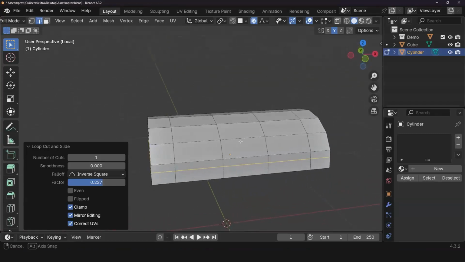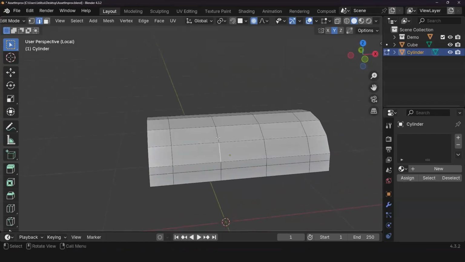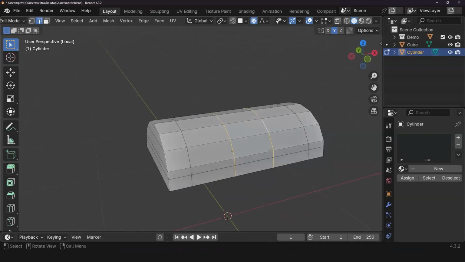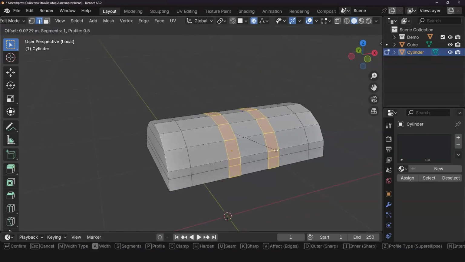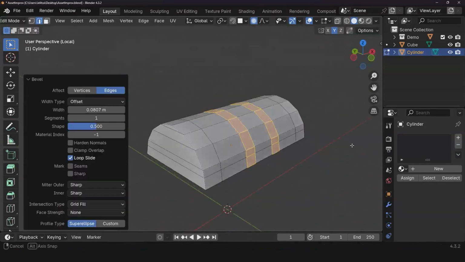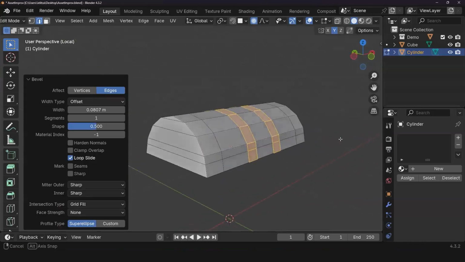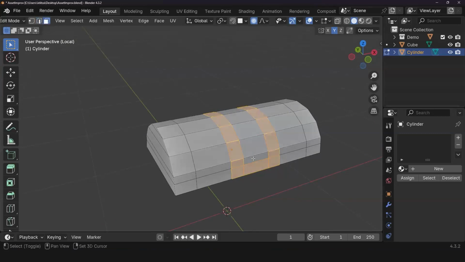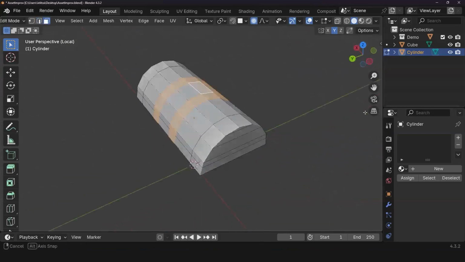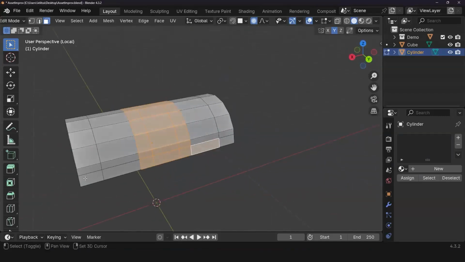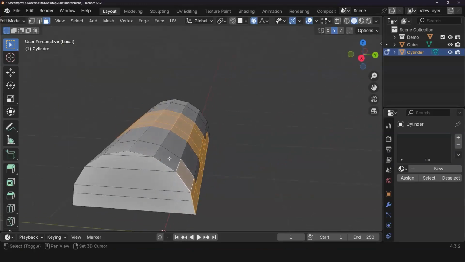Another thing I'd like to do is put a little bit of a detail to these centerpieces here, and you'll see why in a minute. So I'm going to do Control B, and I'm going to bevel that. I love the beveling tool. It does a lot of really cool stuff. So definitely don't forget it. Now what I'm going to do is select all the faces I want to extrude. All the edges, all the faces.